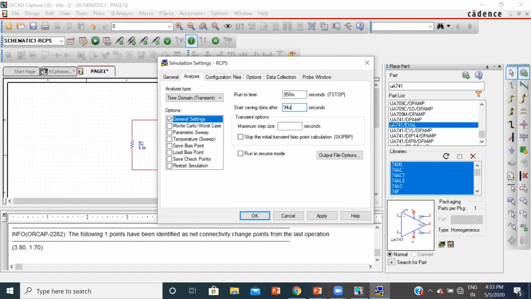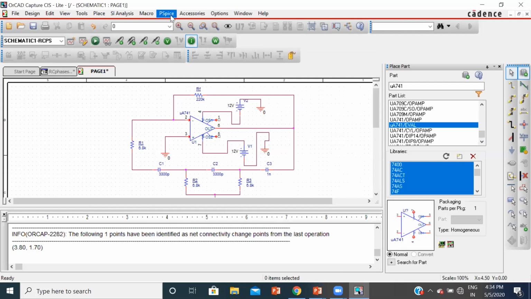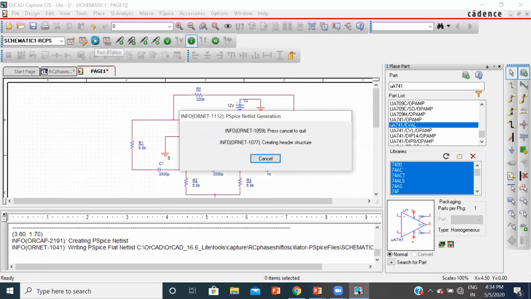The maximum step size is 0.01 milli. Then I'm going to skip the initial transient bias point calculation and click on apply. Now run the simulation.